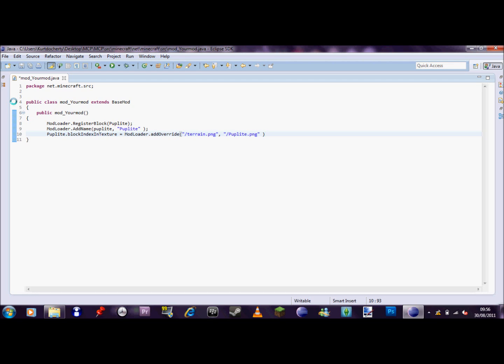So now we'll just end that off with another semicolon. So that means we've got everything loading. Now we need to add a recipe. Get it possible. Mod loader dot, I'm getting rubbish at typing. Mod loader dot add recipe